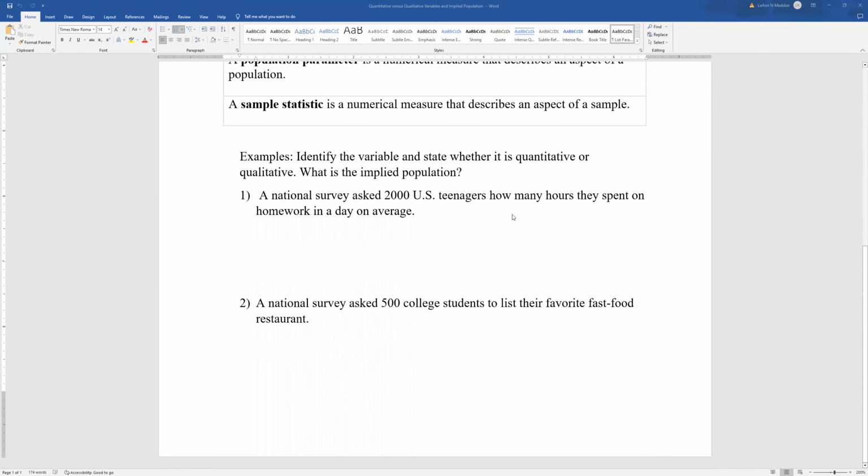Okay, so let's look at this example right here. It says, identify the variable and state whether it is quantitative or qualitative and what is the implied population. So we're looking at some samples that were drawn and what did they measure. A national survey asked 2,000 US teenagers how many hours they spent on homework in a day on average. So we are looking at measuring the number of hours spent on homework in a day on average. That's what we're measuring. So the variable